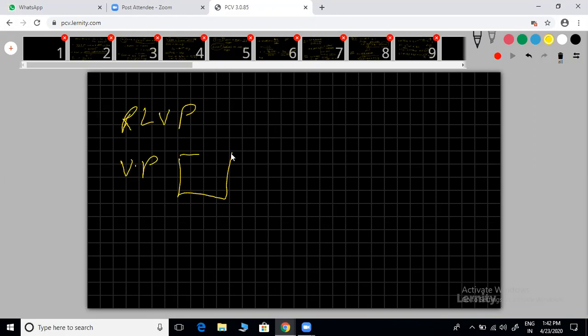Any solution contains liquid here. It has some solvent. It may evaporate. After that, they exist with each other in equilibrium. The pressure exerted by that vapor on the surface of the liquid when they are existing in equilibrium. That point is important. Without equilibrium you can't say that definition. That pressure exerted by that vapor on the surface of the liquid, we call vapor pressure.